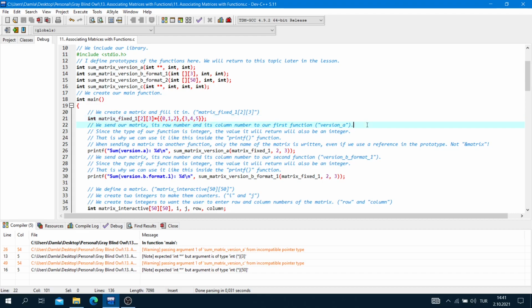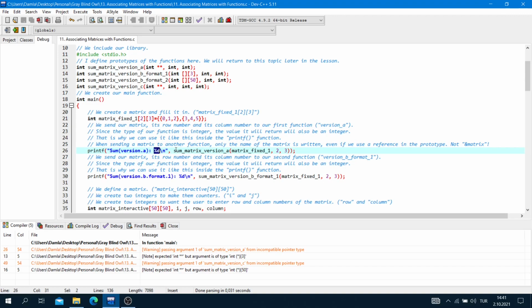Now, we send our matrix, its row number and its column number to our first function, sum version A. Since the type of our function is integer, the value it will return will also be an integer. That is why we can use it inside the printf function like this: printf, sum version A, the percent sign d.